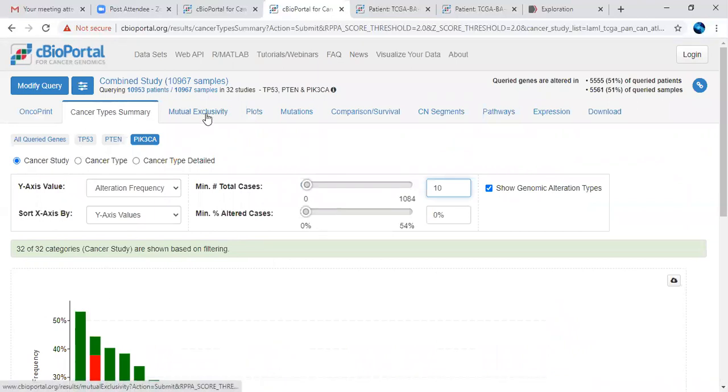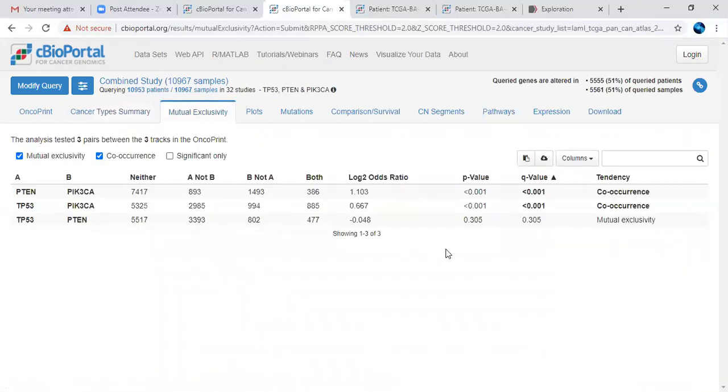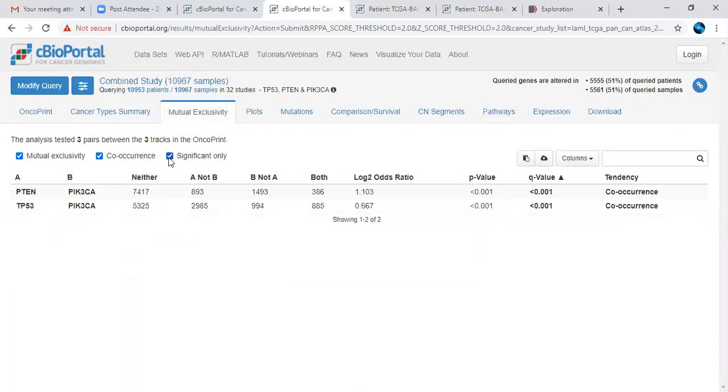Now we are going to see the mutual exclusivity, what data it is showing. They have created some scores with respect to genes, and they have given key values for that, actually the significant genes or leading genes you want.